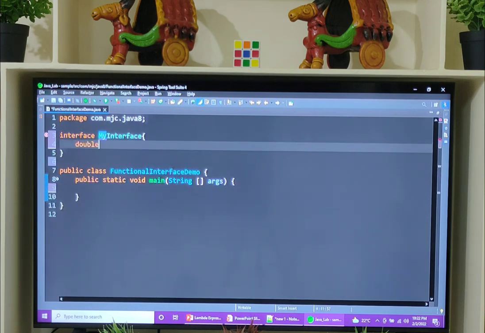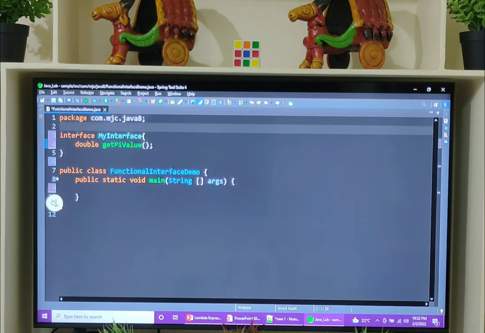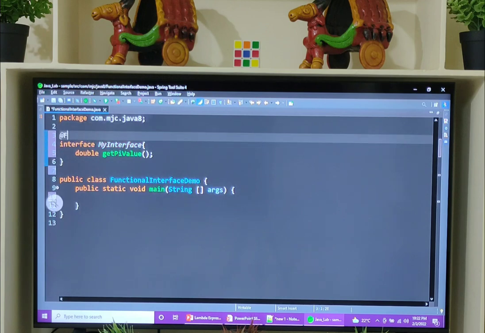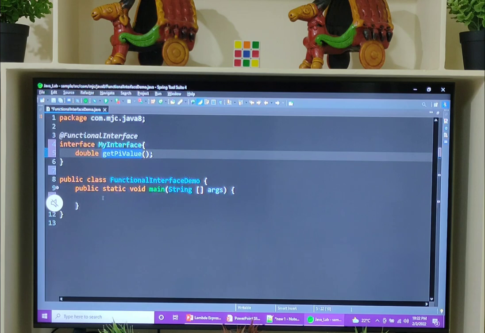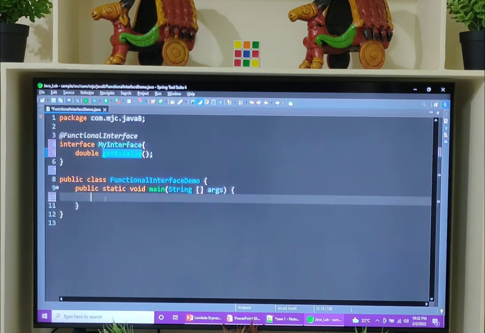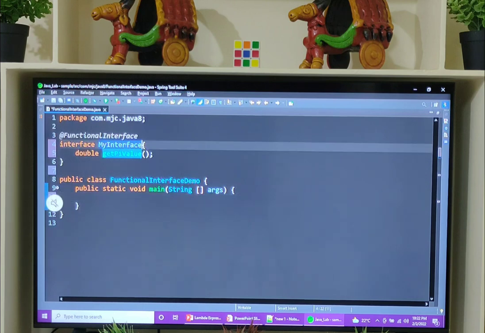Here, double getPiValue. So designate this functional interface using the @FunctionalInterface annotation. So let's implement this abstract method using a lambda expression and assign that lambda expression to this functional interface reference variable.